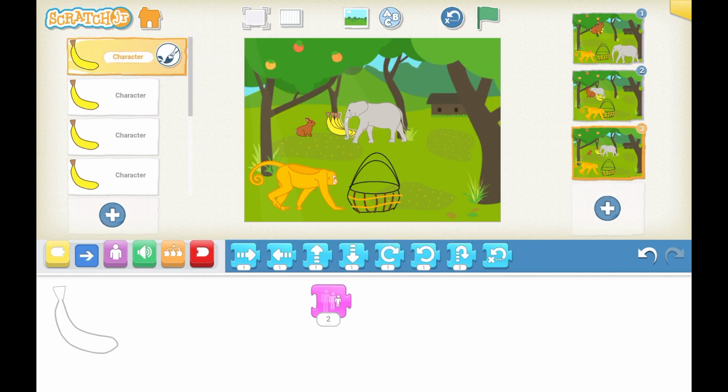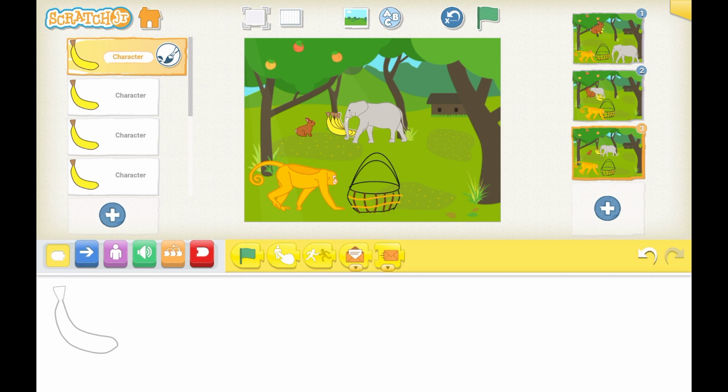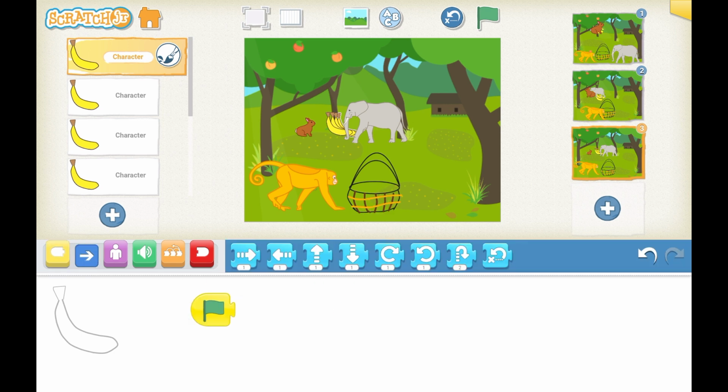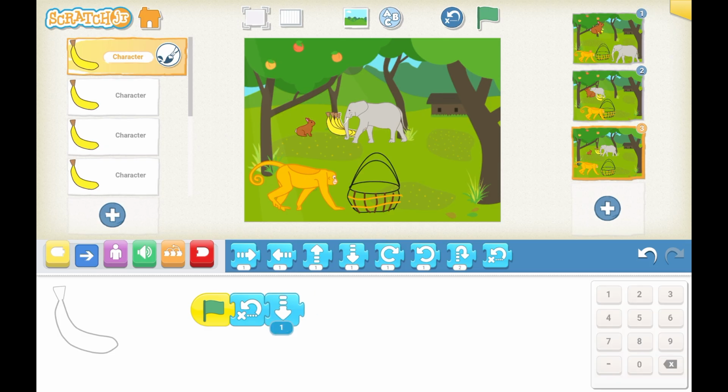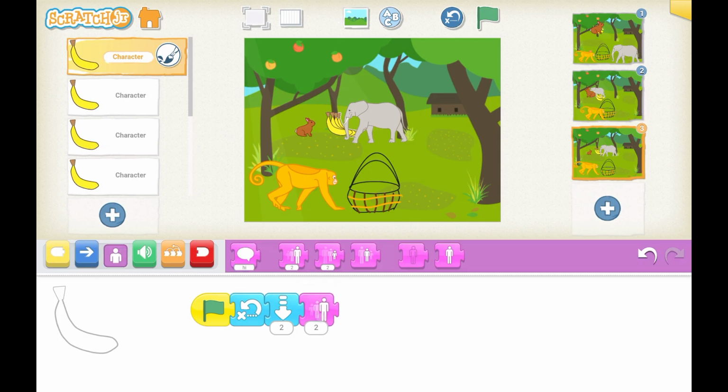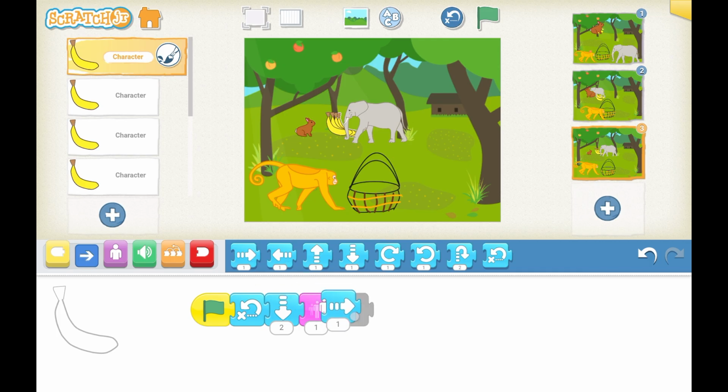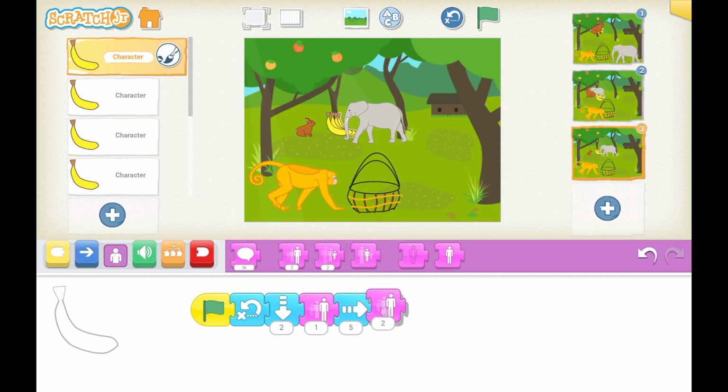Just want to show you how the program of the banana works. When the green flag is clicked, you have to start working. You go to home position, come down, do the same thing as the elephant is doing. Come down, get 2 steps, then get bigger in size so you look like the original, coming closer. Then go to the right 5 steps, then become a little bit bigger in size, 1, then come down again